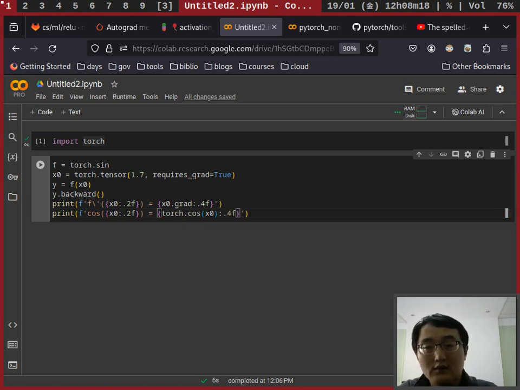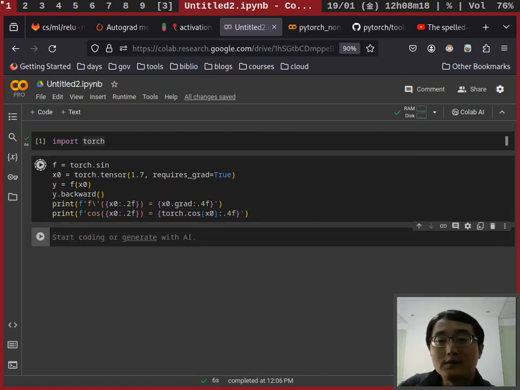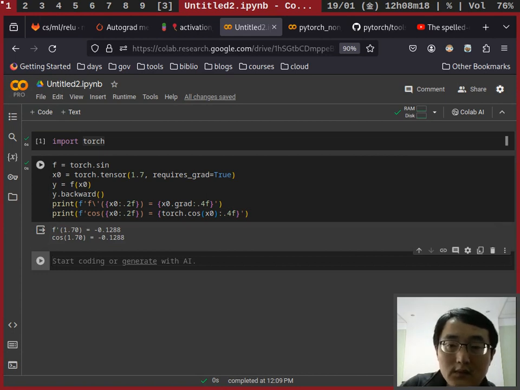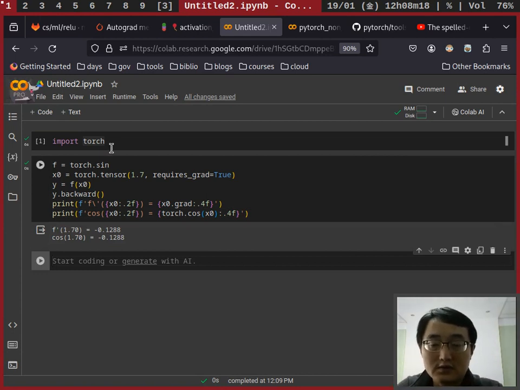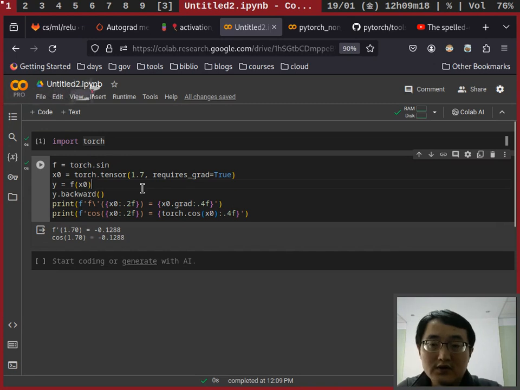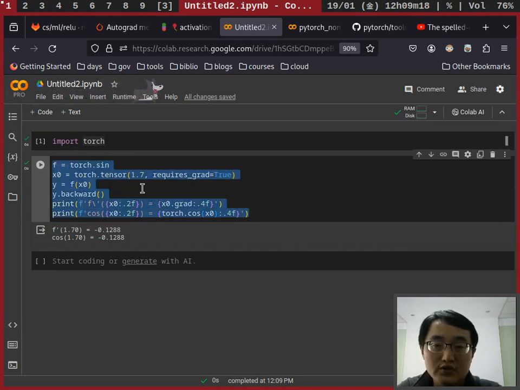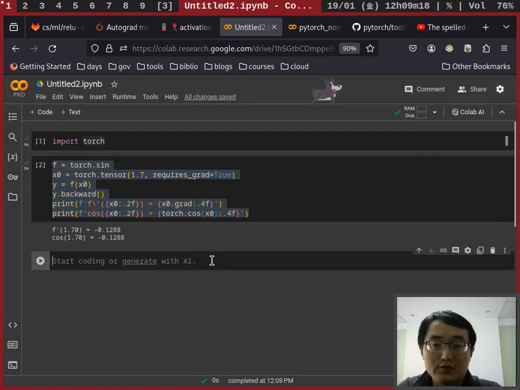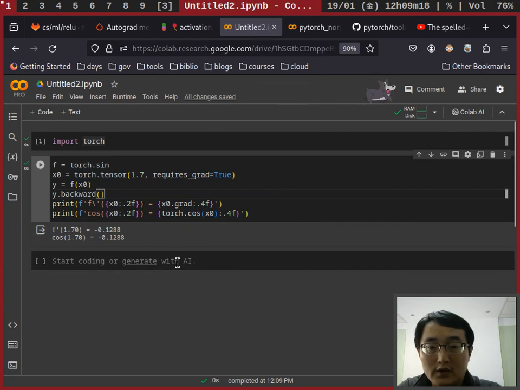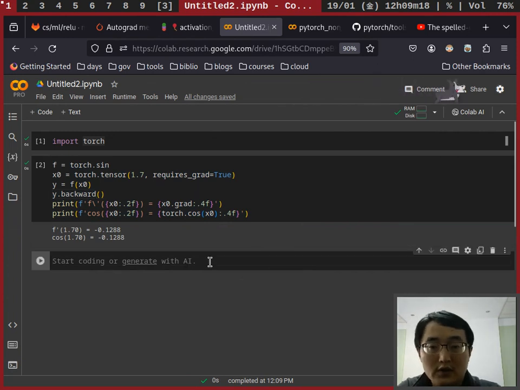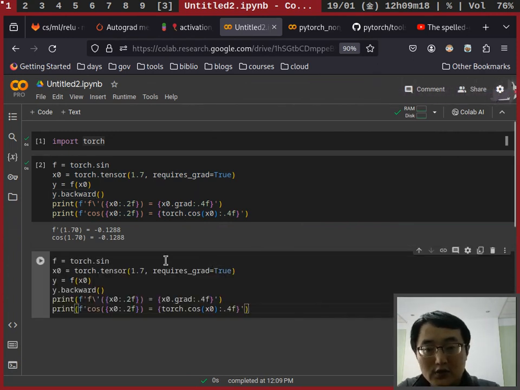Okay, that's verified. Great. So this is how we do simple derivative calculation in PyTorch, and with this we can already check